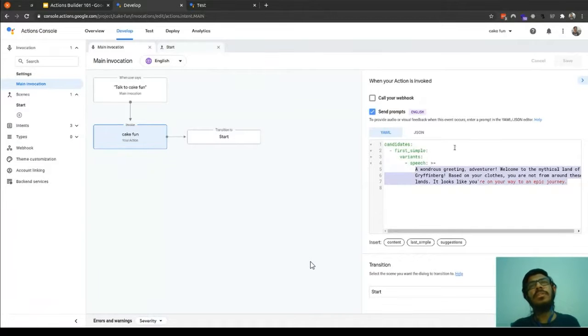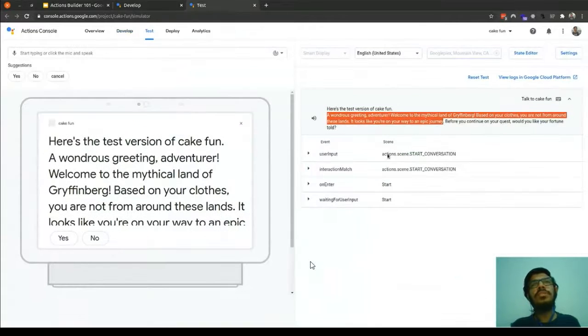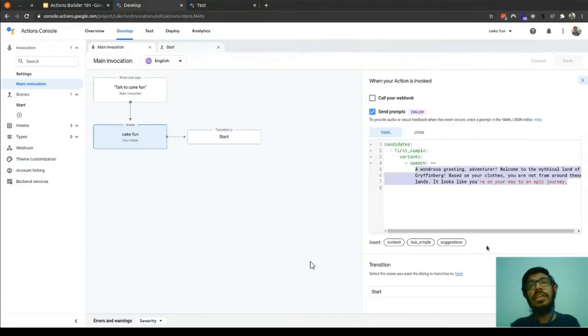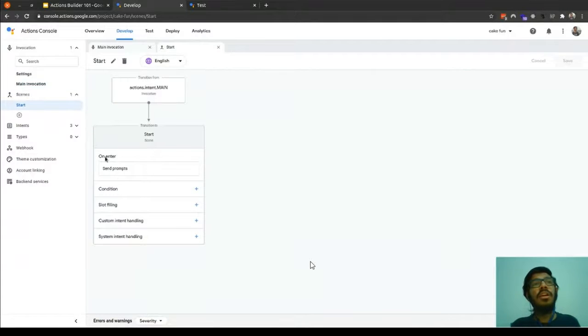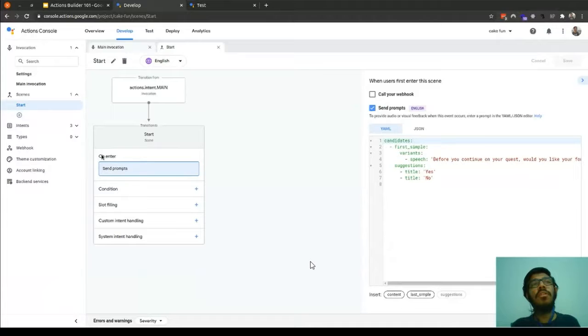This is the greetings message. Once that part is over, it is set to transition to start. And in start, on enter, we sent this prompt: before you want to continue.